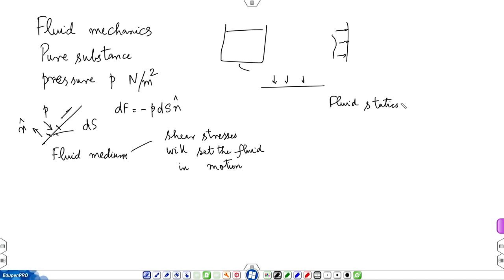So, the subject of fluid mechanics by and large deals with fluids in motion. So, shear stresses are always there, but our initial part of the subject has fluid statics. So, if you look at fluid statics, which is chapter 2 of our textbook, shear stresses are 0. So, if you think of a small element in the body of fluid, a small element,